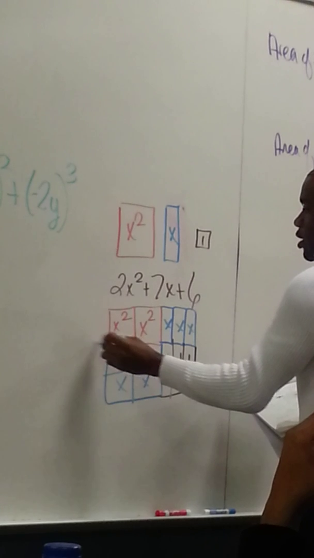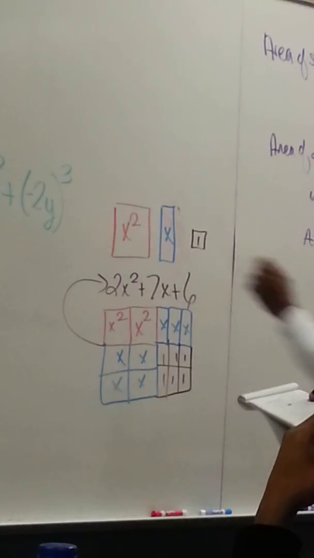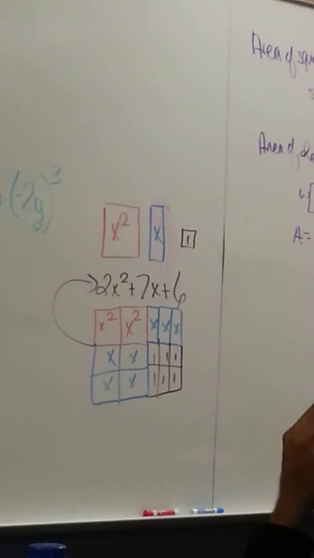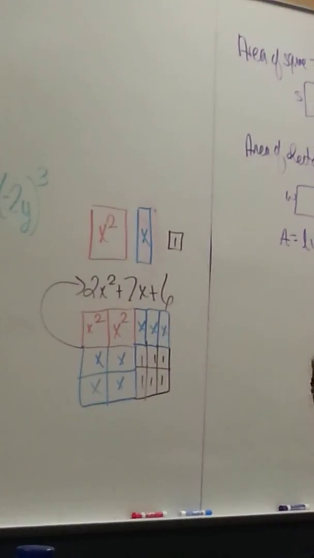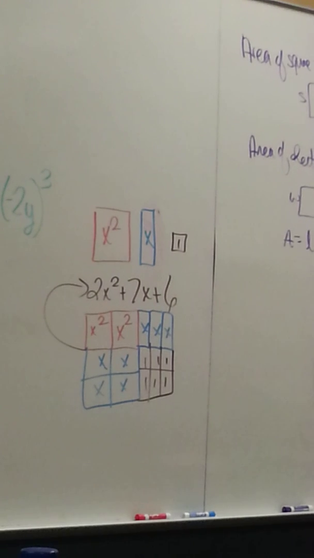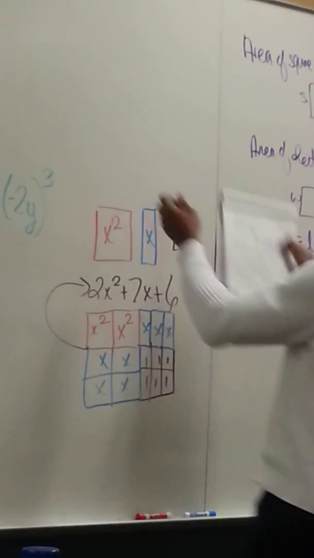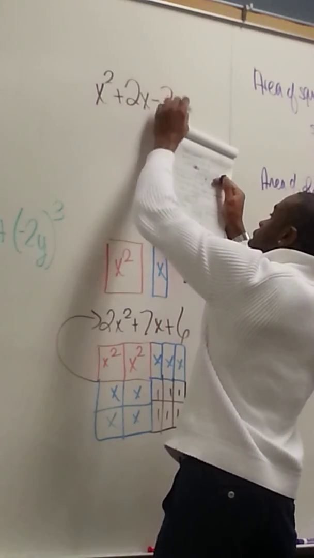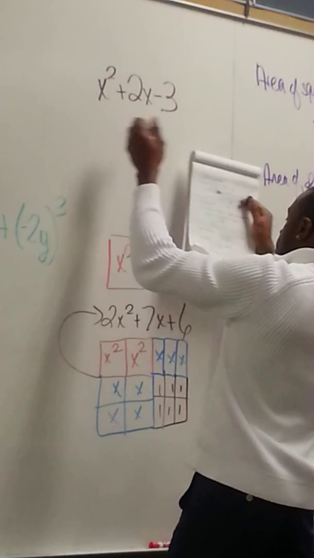This whole picture represents that polynomial. Trinomial, I mean. That's all they really want y'all to know, folks. If I was to model this same situation with x squared plus 2x minus 3, I'm going to have a big